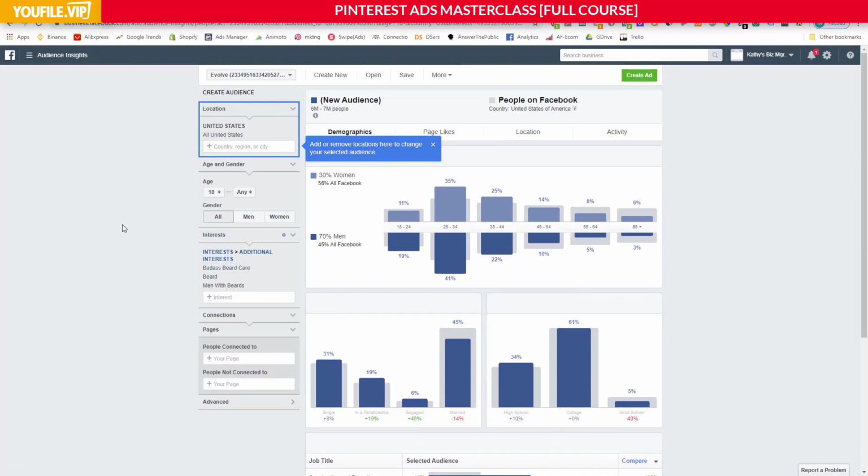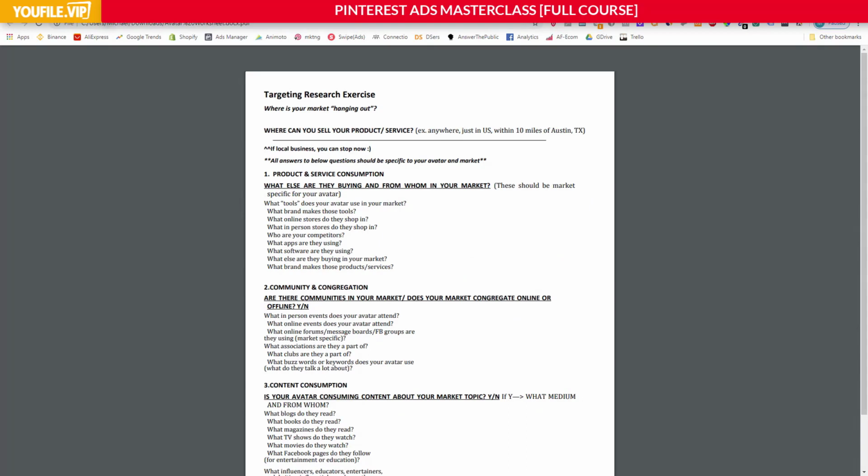It can be difficult to track down an audience like that. So what a worksheet like this can do is help you find alternate angles to targeting your demographics. I guess, to backtrack a little bit, we were talking about